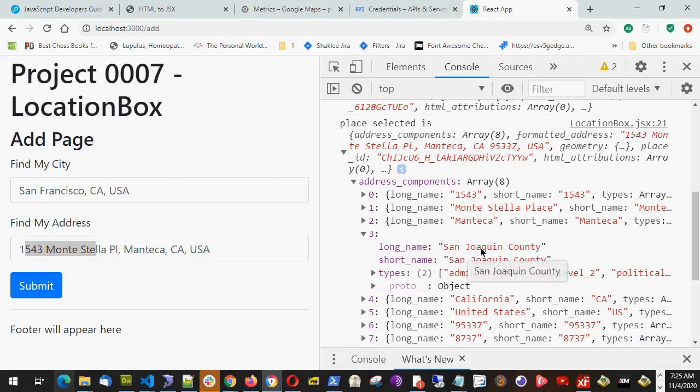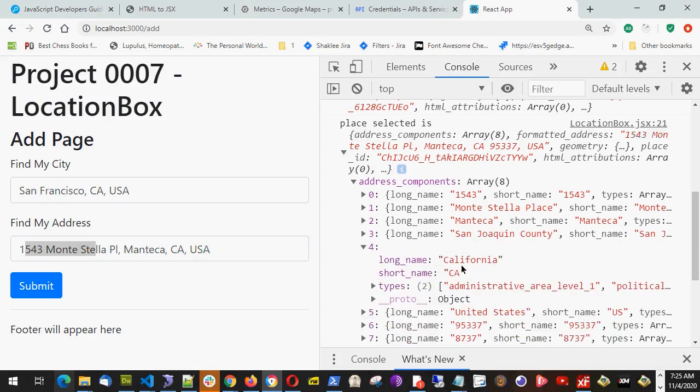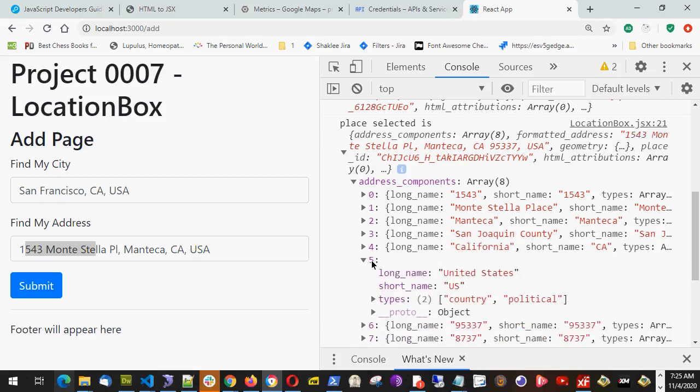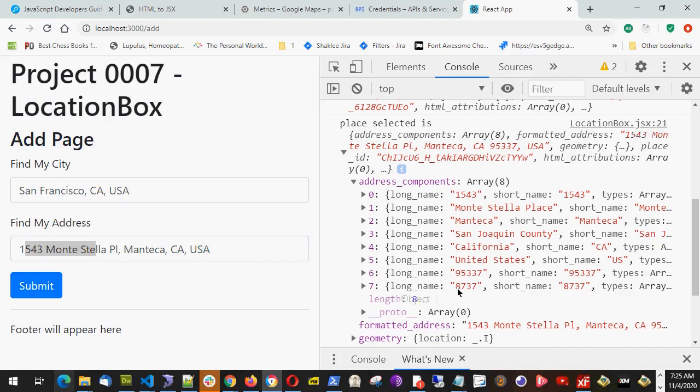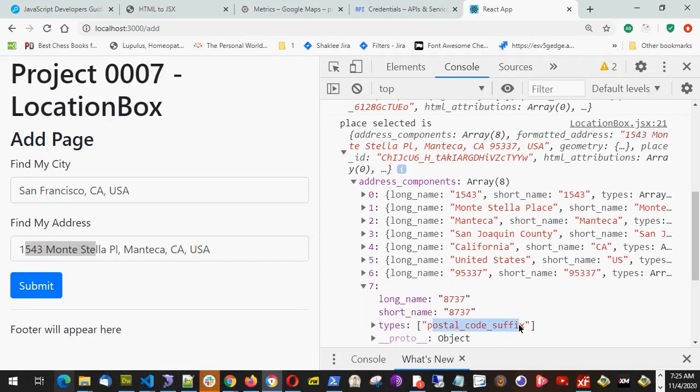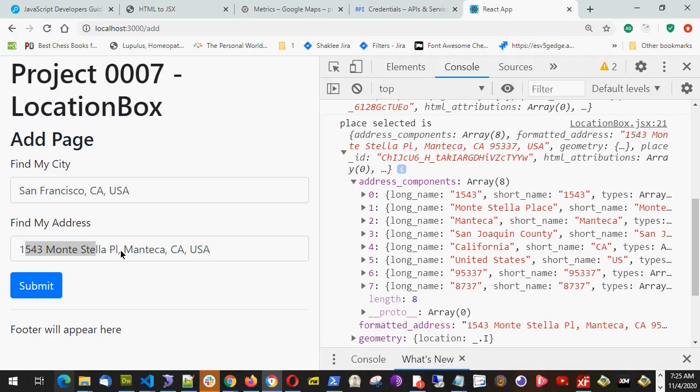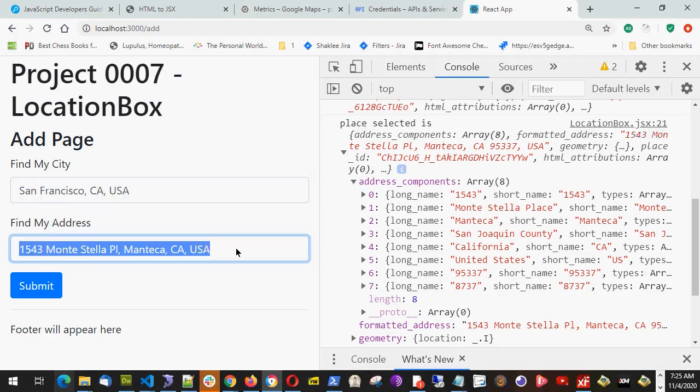and then this is the county or district you can say. This is the state, and this is the country, and this is the zip code, and the zip code has an extension also in some cases, that is called zip code suffix. I'm getting all the things in here. So either you can choose to have only the city, or you can choose to have the complete address or the,